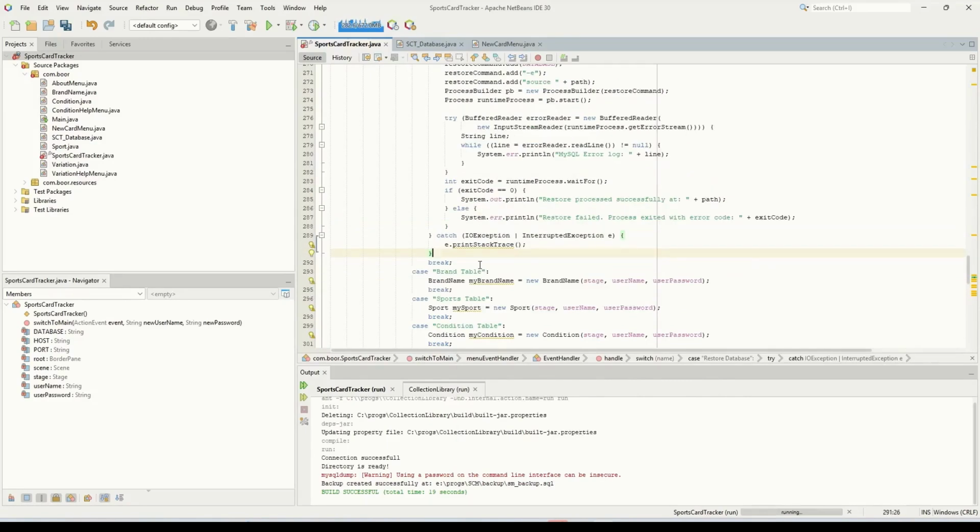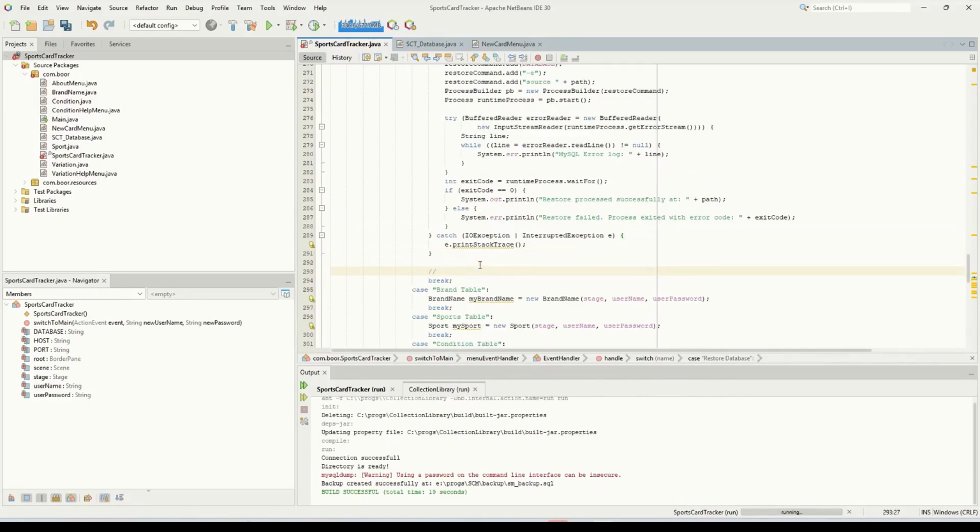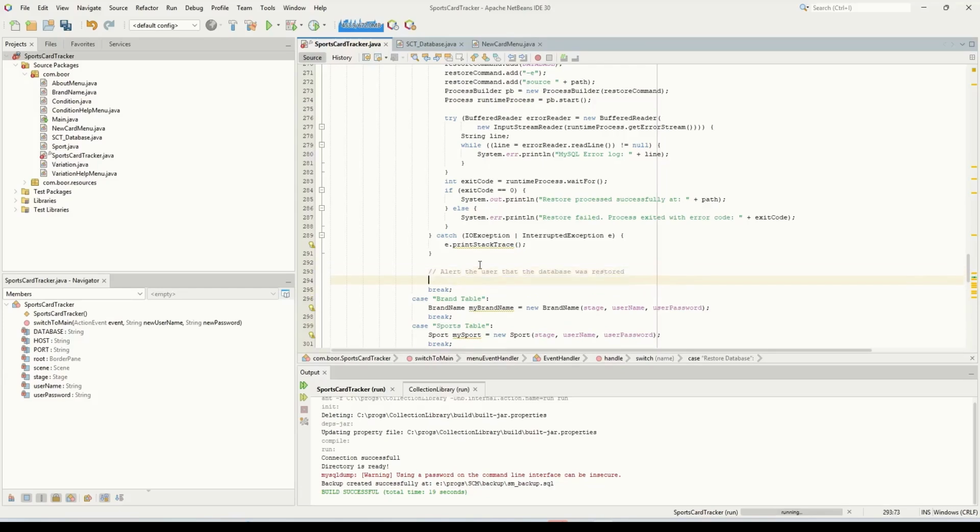Now we want to send out an alert to the user. So alert the user that the database was restored. So alert restore alert